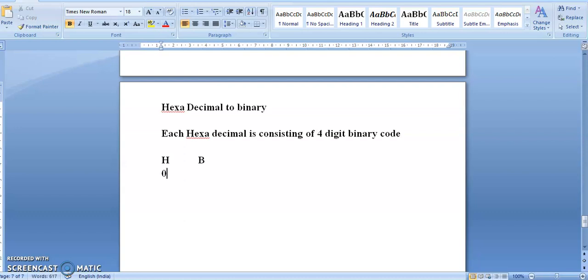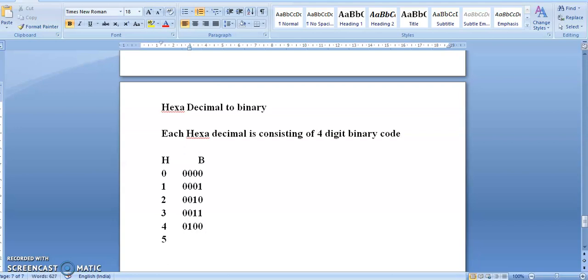So hexadecimal 0 means in binary 0000, hexadecimal 1 means 0001, 2 means 0010, 3 means 0011, 4 means 0100,